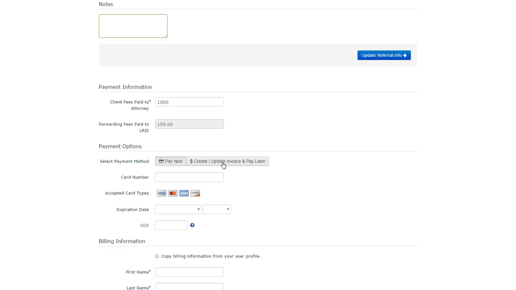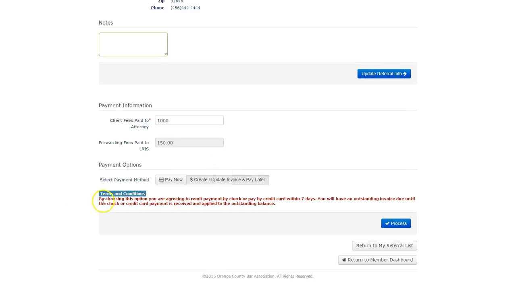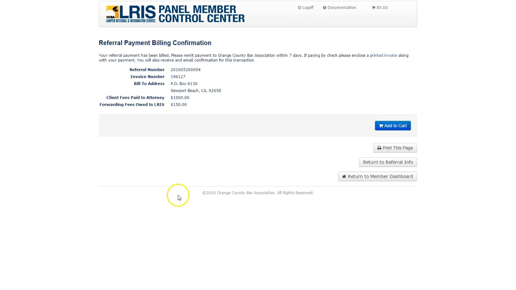So what that's going to do is it's going to create an invoice in the system that's open. So our accounting department here will see, okay, I have an open invoice for $150 for this referral. So now our administrative staff is awaiting payment. So if I click on that, it's going to say, by choosing this option, you're agreeing to remit payment by check or pay by credit card within 7 days. You will have an outstanding invoice due until the check or credit card payment is received and applied to the outstanding balance. So if I do that and hit process, okay, now I have opened up an invoice for $150,